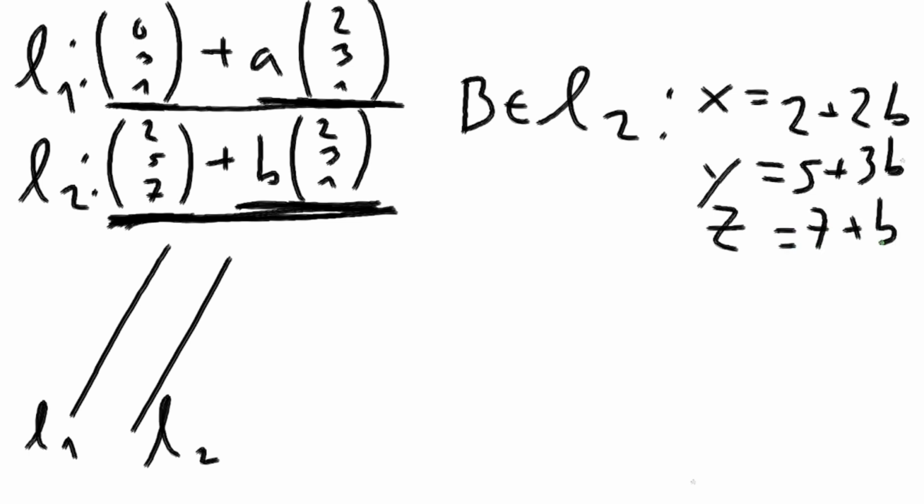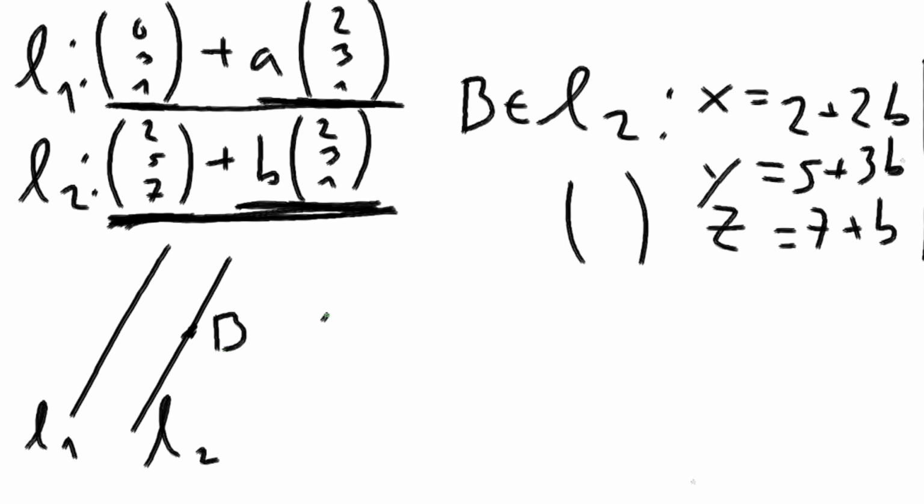So that means that whatever b we choose, let's say 1, we plug it in for all these three things and we get a particular point, and that point will be a point B, and it will be on L2 because it just follows what the vector equation for the line said. So we have this. Now I can draw it here. So on line 2 we have some point B like that,